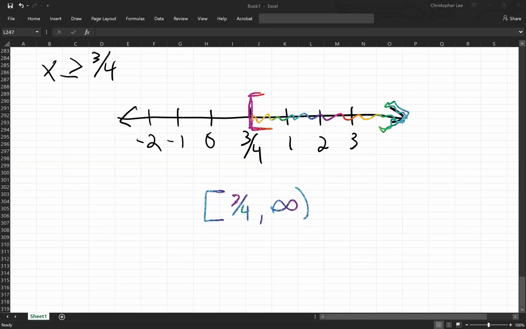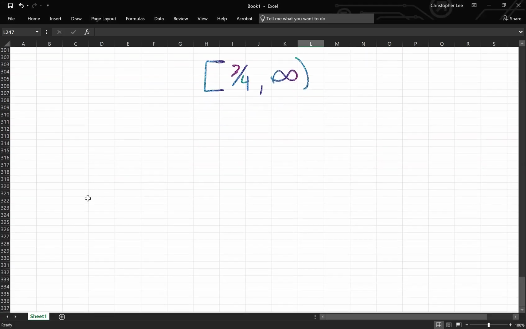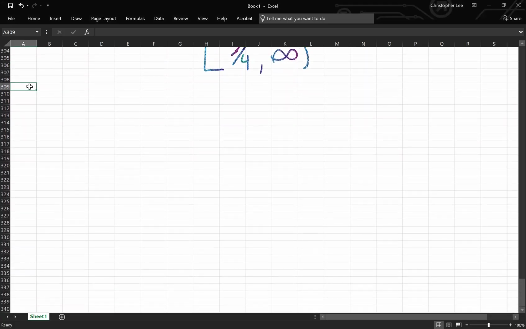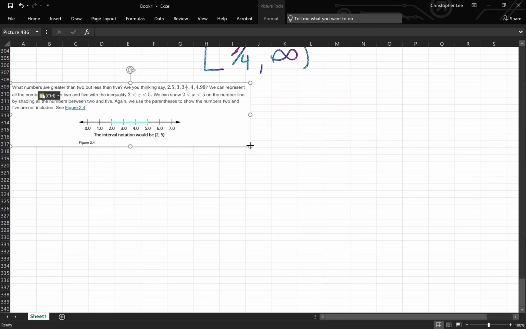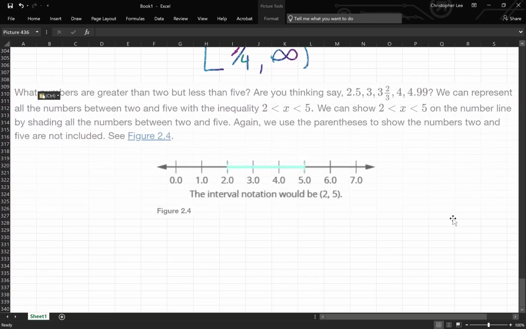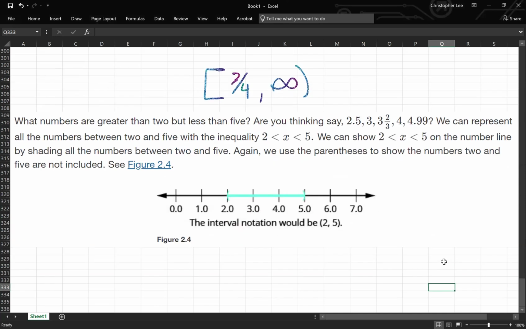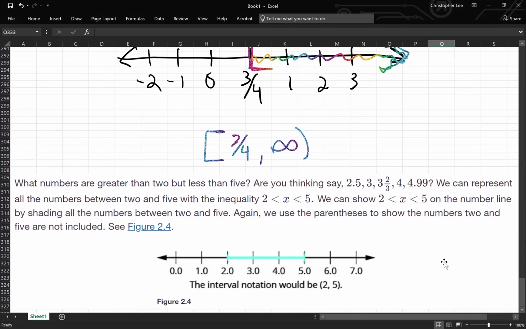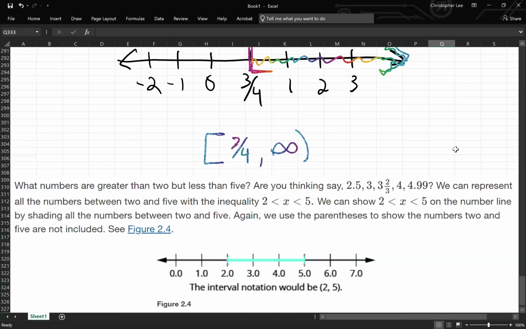All right. We got one more scenario that we got to discuss. This is another situation that could occur, all right? So what numbers are greater than 2? What numbers are greater than 2 but less than 5? Are you thinking to say 2.5, 3 and 2/3, or 4.49999, etc., right? We can represent all the numbers between 2 and 5 with the inequality 2 less than